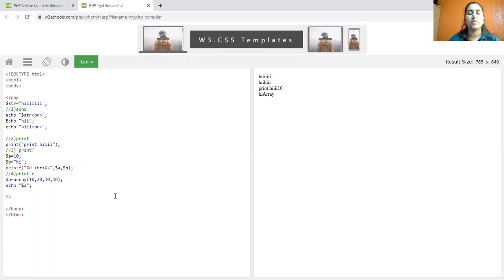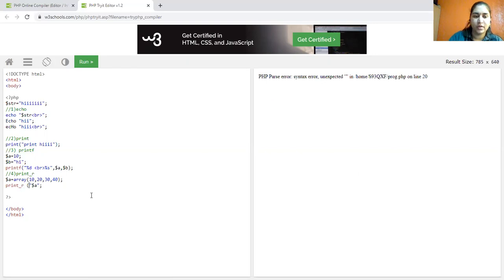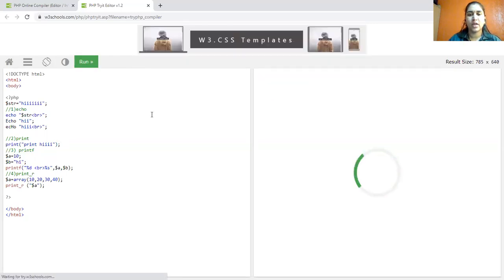For an array we would require iteration, a for loop, to fetch elements one by one. Instead of that, PHP uses one function to print raw output. Let us see what the output would be. print_r, and you have to use it with parentheses. It will display Array again. What happened here? You have to declare a variable of array type and display the value of that particular variable.